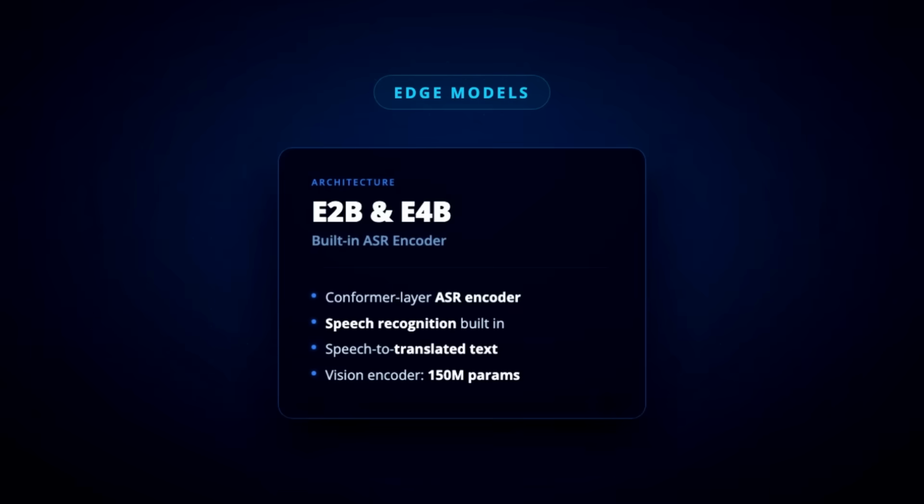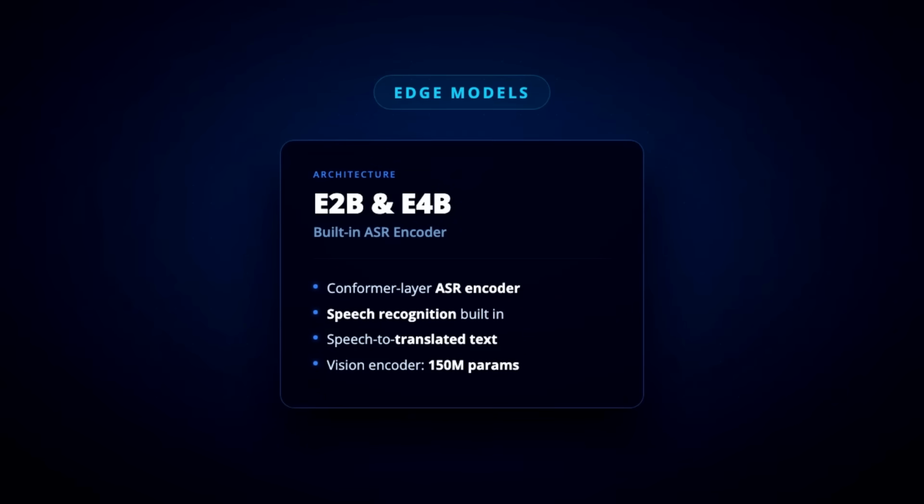All right, now if we look at the edge models, we've got the E2B and the E4B. These are where it gets really interesting for a different reason. These are the two models in the family that actually support audio. They've got a built-in ASR encoder that can be used for speech recognition, also for speech to translated text. So you can speak in one language and get text out in another language, all in the one